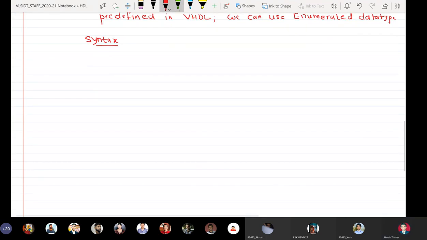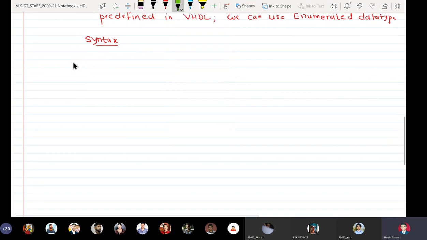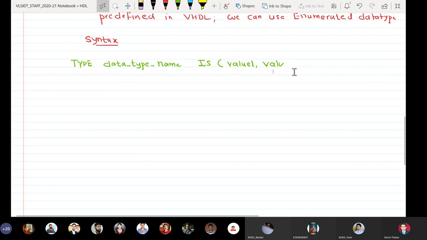So the keyword type, data type name, is, value 1, comma, value 2, comma, value 3, and so on, semicolon.